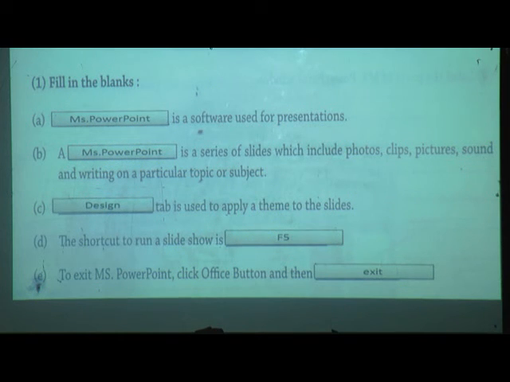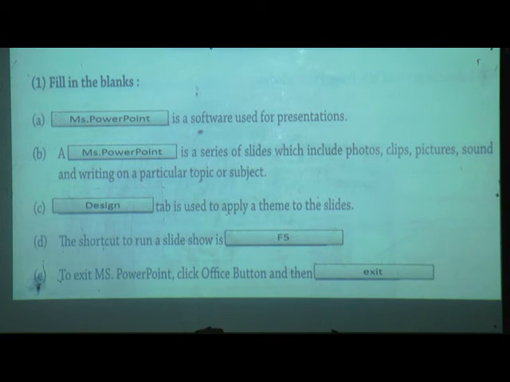Now we will read. MS PowerPoint is a software used for presentation. MS PowerPoint is a series of slides which includes photos, clips, pictures, sound and writing on a particular topic or subject.